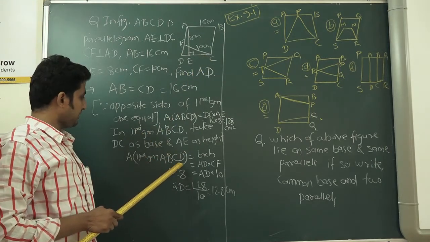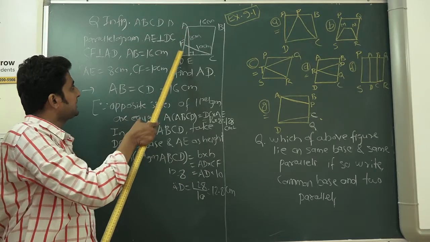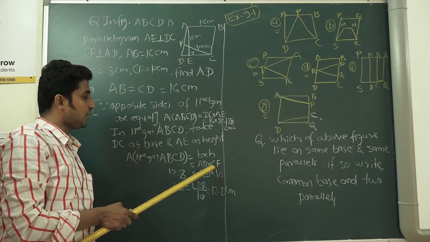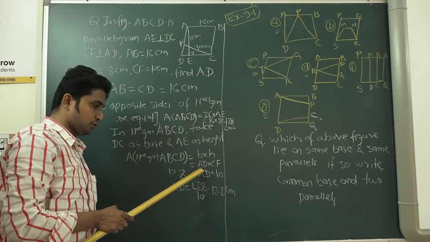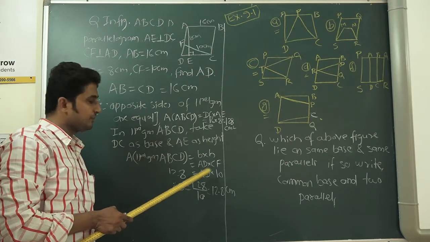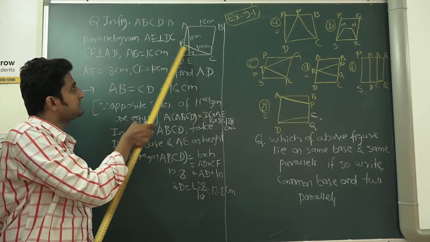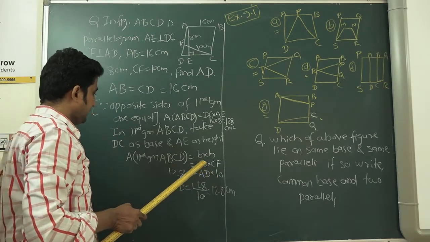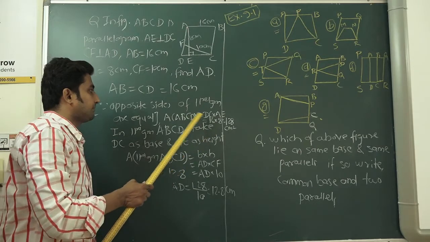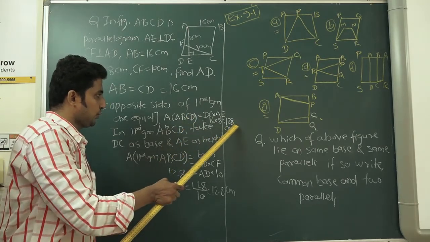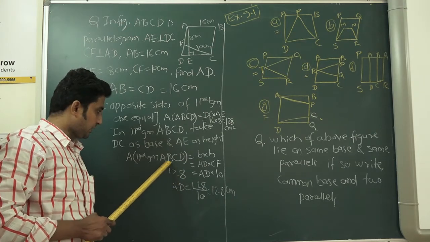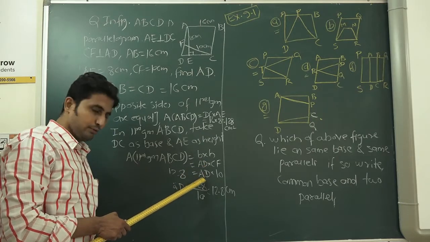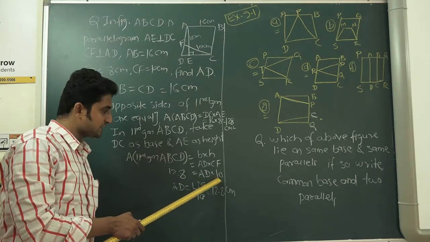Then what happens here, students? The base is here AD, and the height is here CF. Now AD we don't know, put this as AD. The height, we are treating this CF as the height, so it is 10. Now, dear students, the area of the parallelogram we know, that is 128, right? Now this area of parallelogram is known to us, so it is 128. AD we don't know, and CF we know, that is 10.